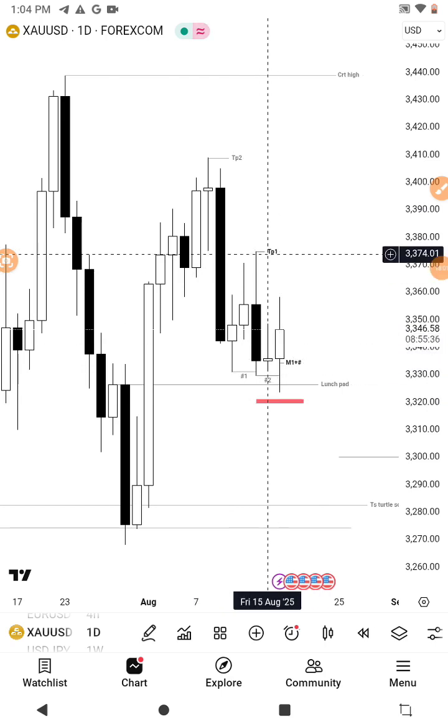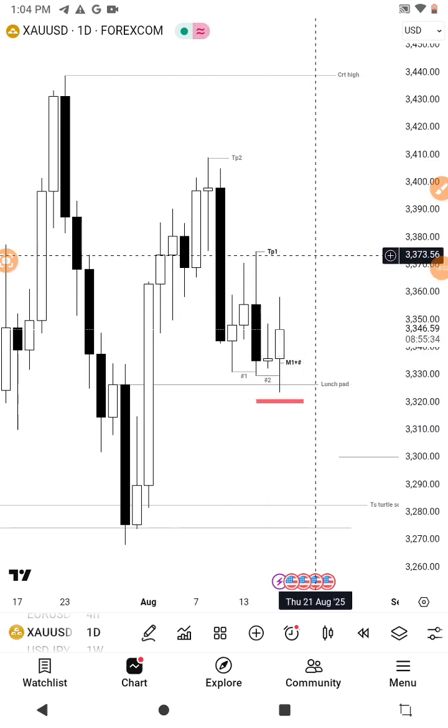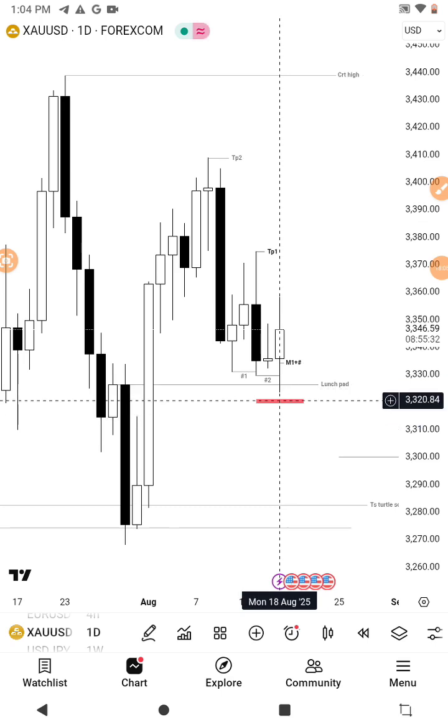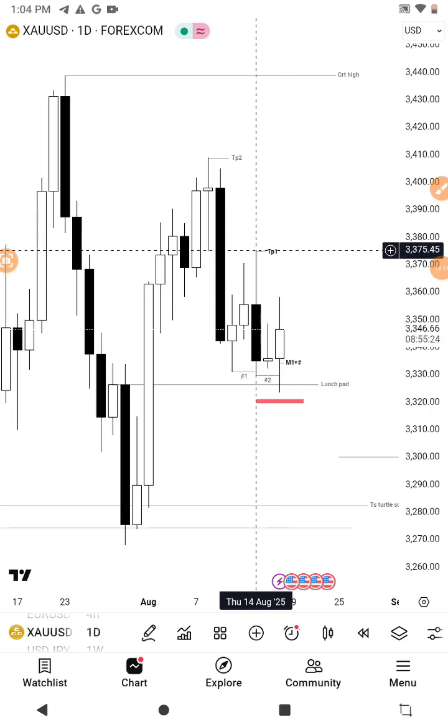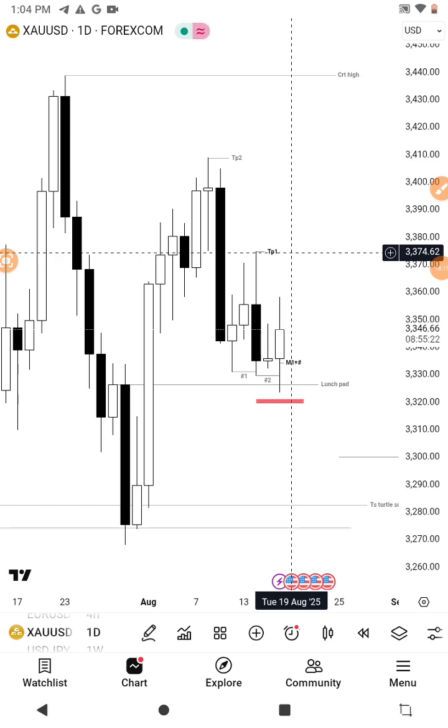CRT. Accumulation, manipulation, distribution, which is giving us a turtle soup. Turtle soup in the low. Kiss of death as well. We can call it kiss of death while trying to distribute to the upside. If you could read my previous